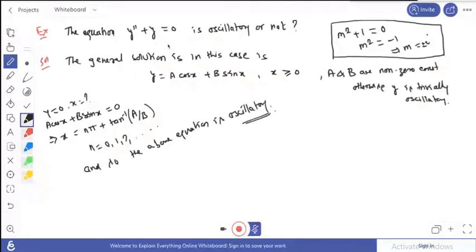ठीक है सर। ऑसिलेटरी में ऐसा है क्या कि किसी टू और मोर पॉइंट पे फंक्शन की वैल्यू सेम आनी चाहिए? सर ऐसा कुछ तो नहीं है ना ऑसिलेटरी में कि किसी टू और मोर पॉइंट पे फंक्शन की वैल्यू सेम आनी चाहिए? सेम नहीं, आपकी जीरो आनी चाहिए।